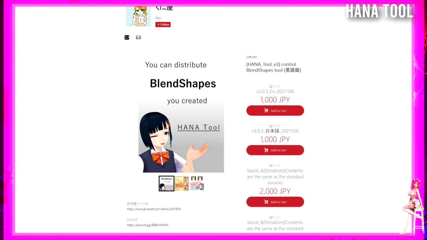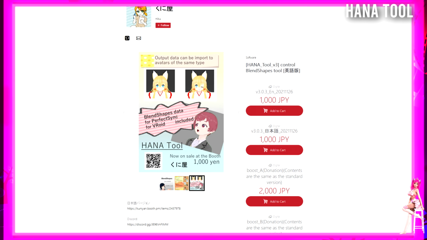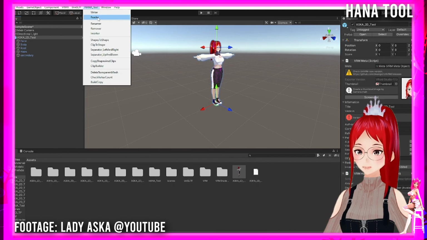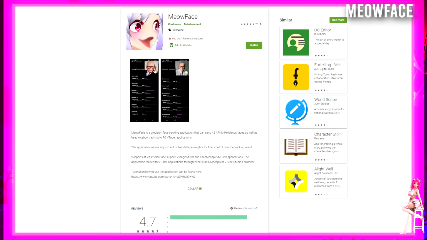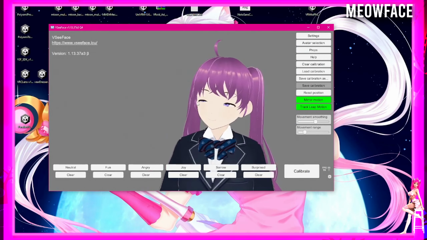Next up is probably one of the most significant tools for any VRM user, the Hana Tool by Kunia. It's a plugin for Unity 3D which makes it super easy to create all 52 Apple blend shapes for your VRM model, so you can enable Perfect Sync facial tracking to use with your iPhone. It costs around $10. MeowFace by Suvidreal is a precision face tracking application for Android phones that can send 42 ARKit-like blend shapes